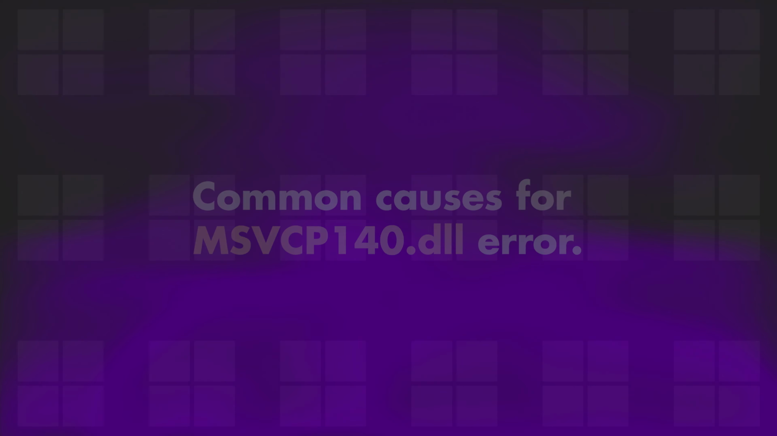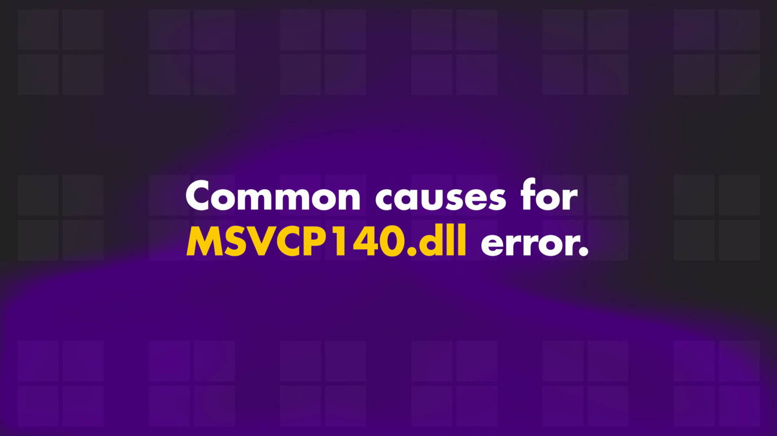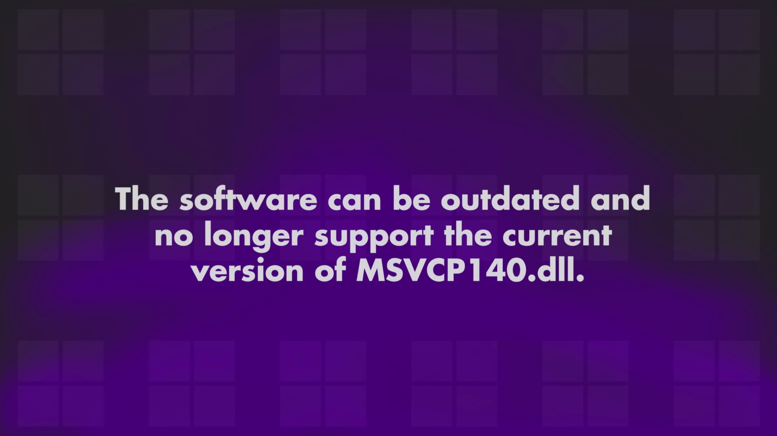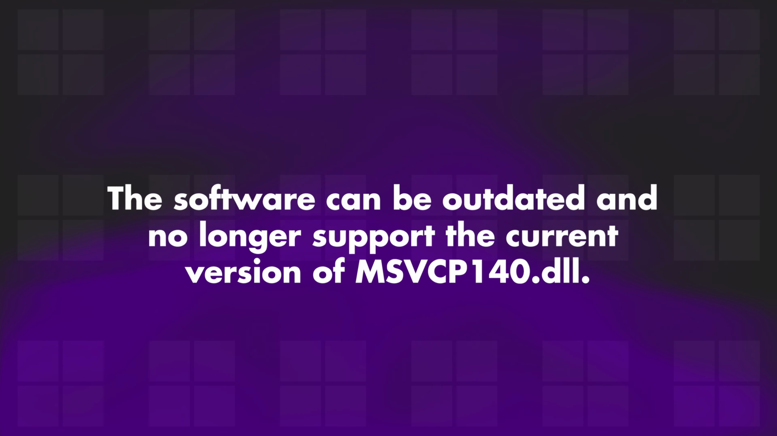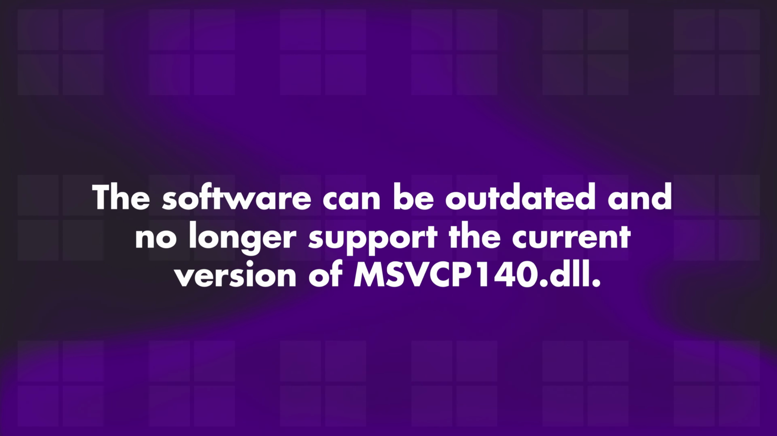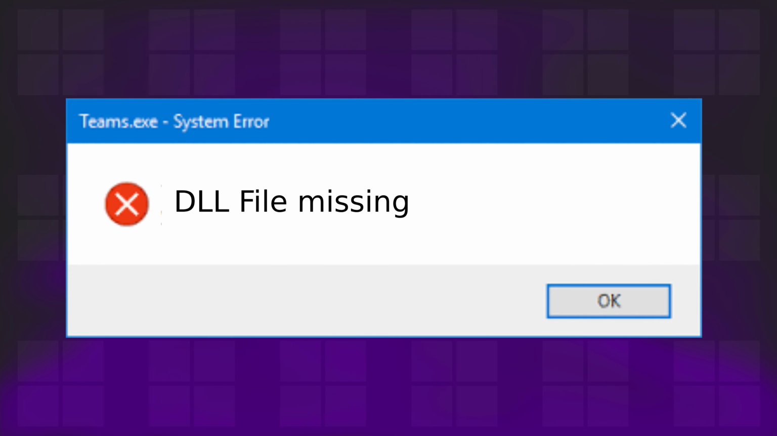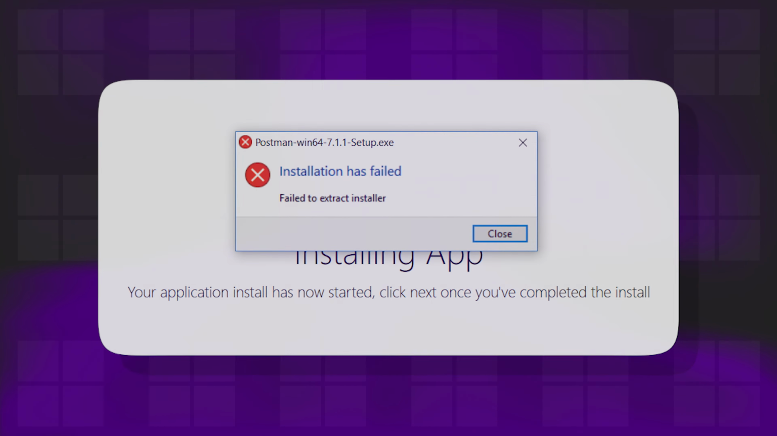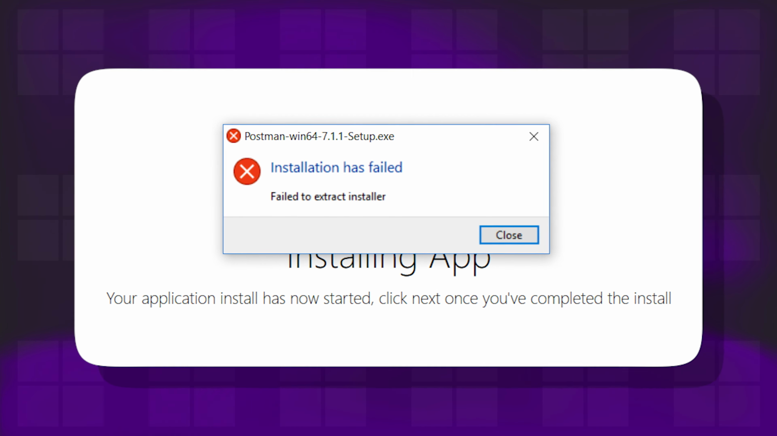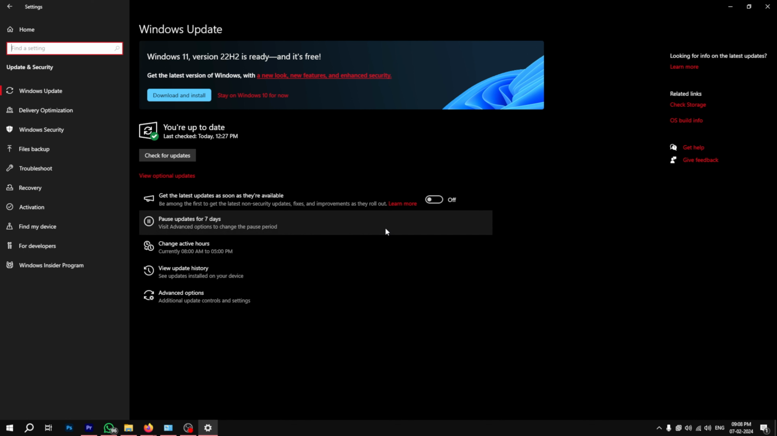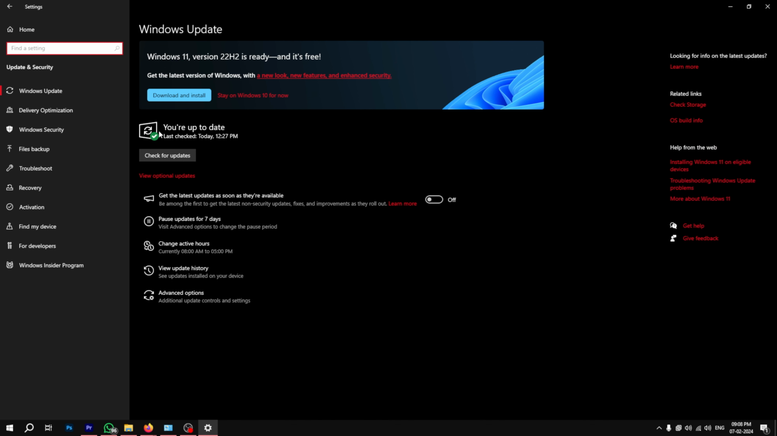Now here are some common causes of the MSVCP140.dll error. There is a chance that the software that you are trying to use has some incompatibilities with your system files. In some cases, the software can be outdated and no longer support the current version of your MSVCP140.dll file. In other cases, the DLL file in question can simply be missing or corrupted. Such issues can be caused due to incomplete installation of a program or due to system file corruption. If not these, sometimes even a recent software update can create complications or incompatibilities that lead to the